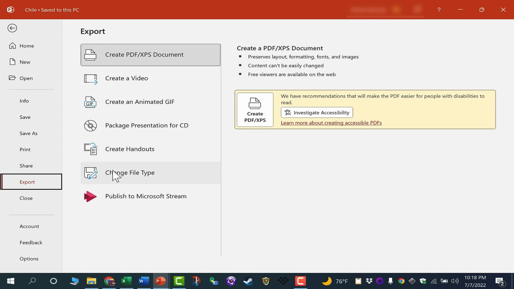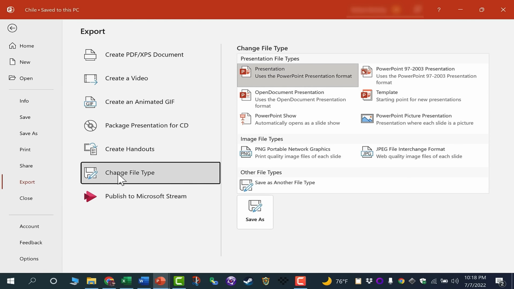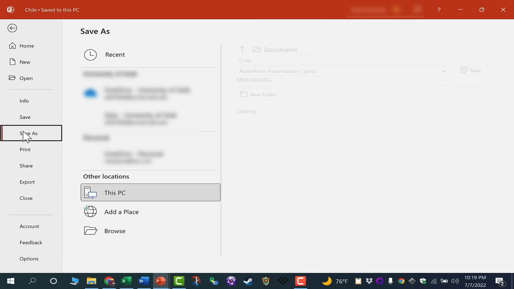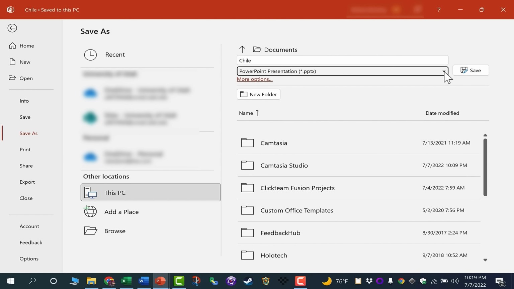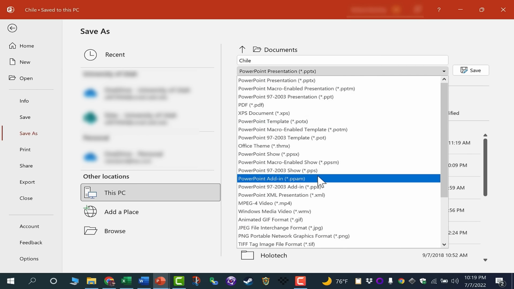that we have. I could change the file type of this presentation. I could save it as a PowerPoint show, which will automatically open as a slideshow. It won't open in edit mode like you typically see in PowerPoint. I could save it as a template or a picture presentation, and there are other options as well. Now, if I would like to see more options, I can click Save As here, or I could click Save As here, and then go here to this drop-down arrow and click, and notice that there are many other options